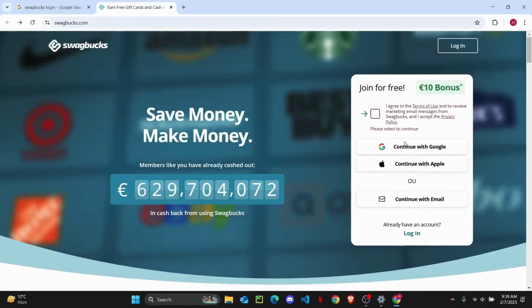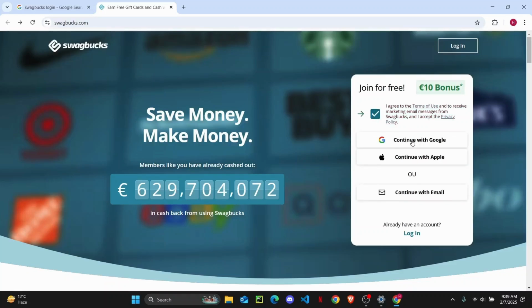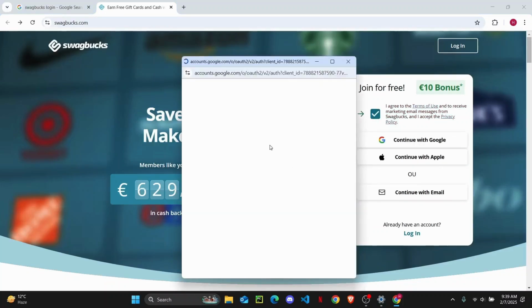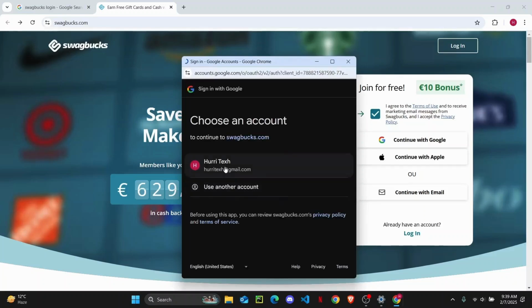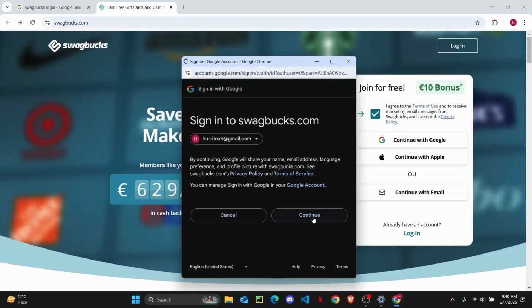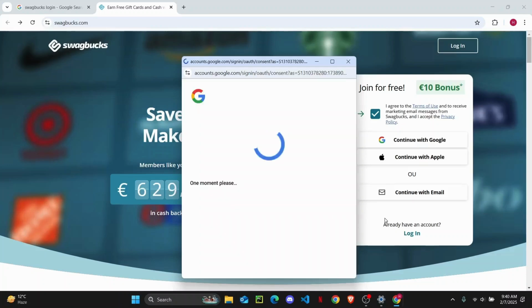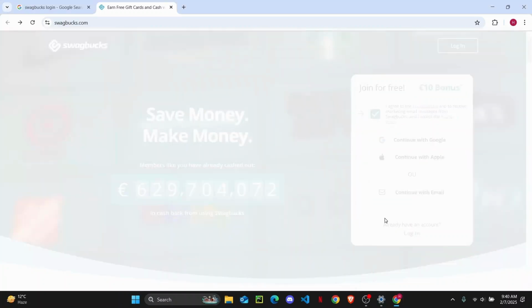So I'm just going to continue with my Google account. So click on the checkbox first and then click on continue with Google. And now once that is done, just select your Google account. And once you do that, you'll just have to tap on continue to agree to its terms and conditions to connect your account. And once you have done that, you should easily be able to create a new account on